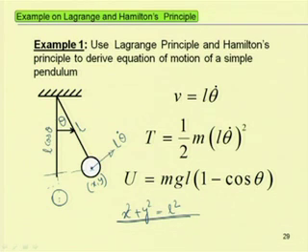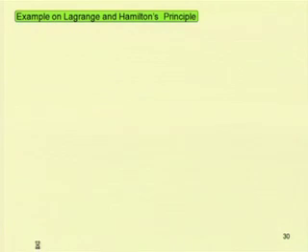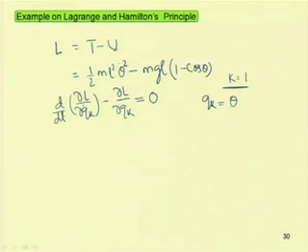So, in this case we are using theta as the generalized coordinate to determine the equation of motion. So, here qk is theta. So, I can derive this equation in this way. d/dt of ∂L/∂q̇k, that means ∂L/∂θ̇, will be half m L square into 2 into θ̇. So, 2θ̇, and if you differentiate this with respect to θ̇, then it will be